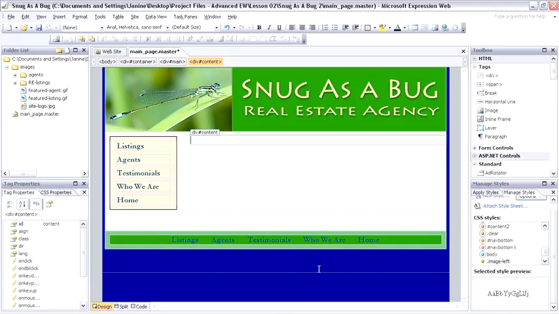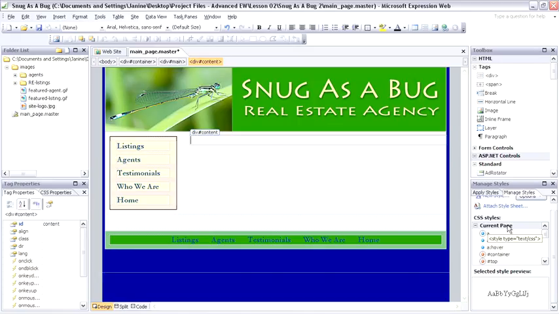There's one more thing I can do to make my styles even more efficient. Expression Web automatically creates styles inside the page you're working on. See, these styles are listed under Current Page. But I can now move these styles into external style sheets, and I make those styles more versatile, meaning I